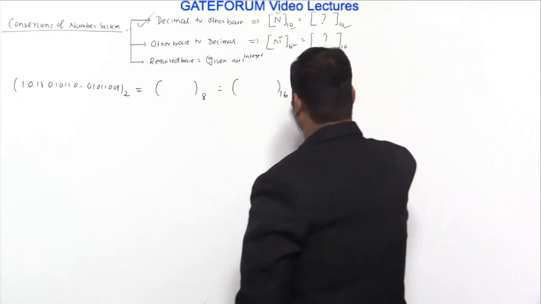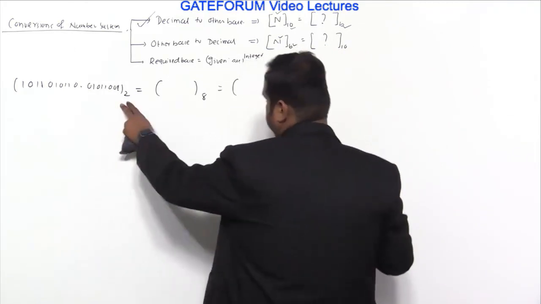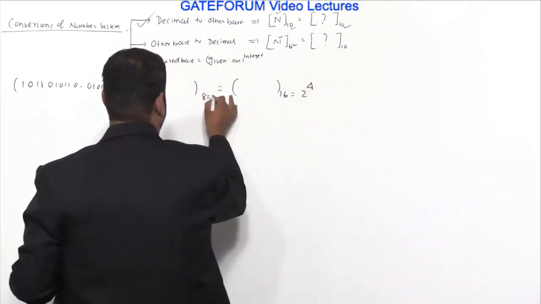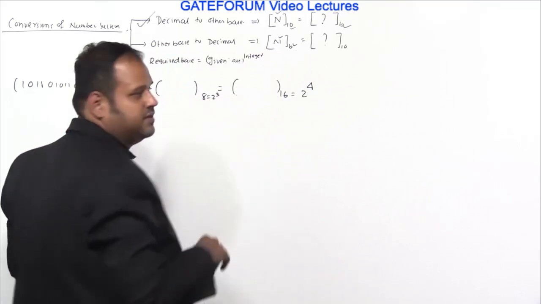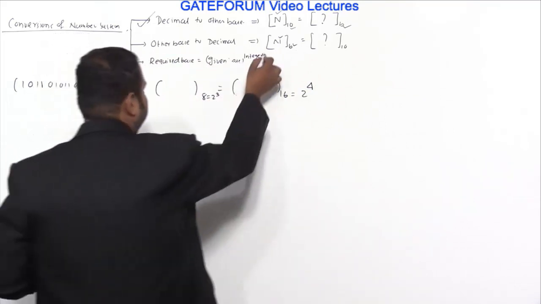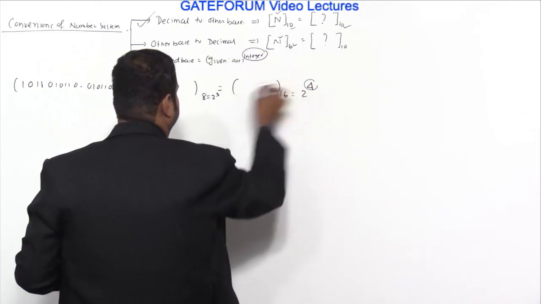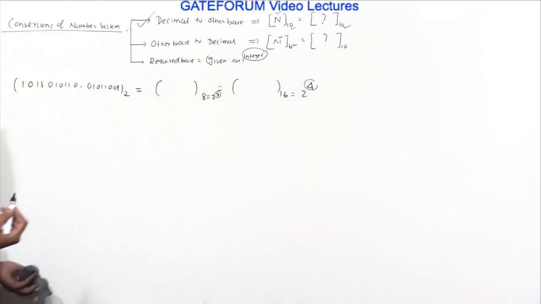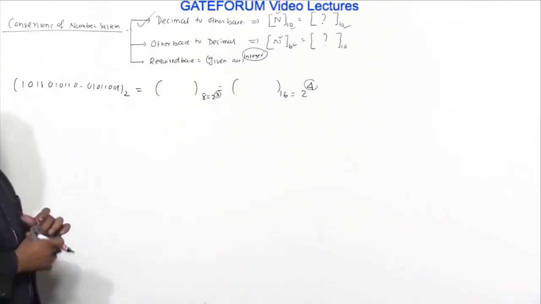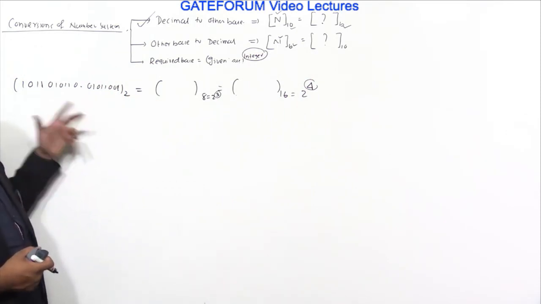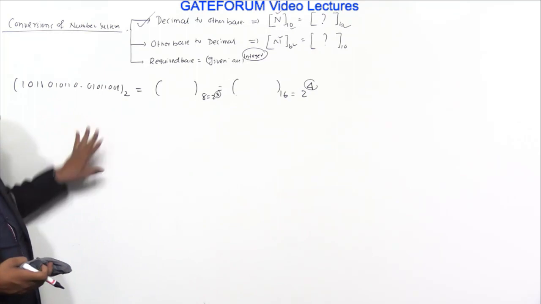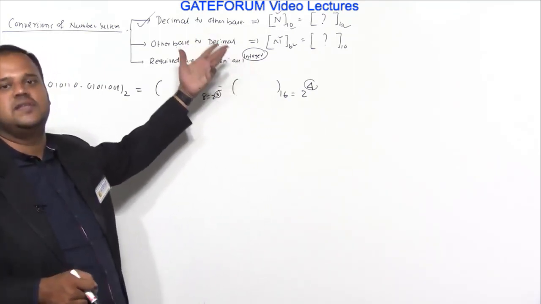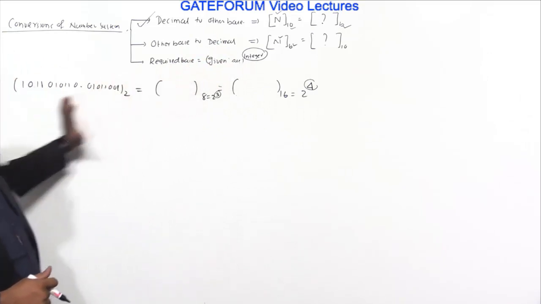So this 16 can be written as the given base, 2, to the power 4. Here 8 can be written as the given base 2 to the power 3. Whatever this integer is, those many bits you have to group. That's why you might have seen this as a rule: if you are converting to hexadecimal, you should group bits of 4. For octal, you should group bits of 3. Where 4 and 3 come from is this integer. If this integer comes to be 5 or 6 in some cases, you have to group 5 or 6 bits.